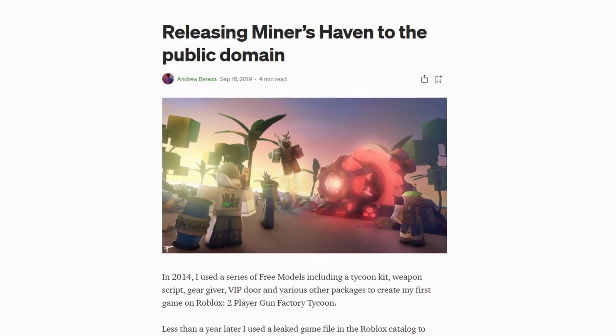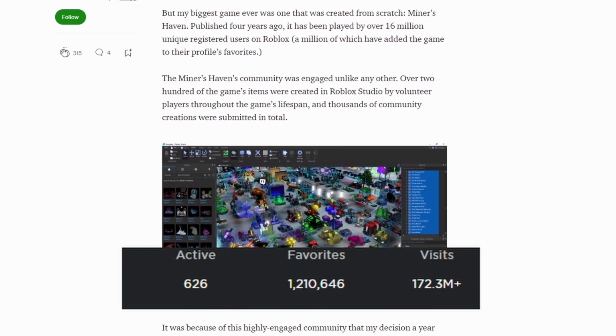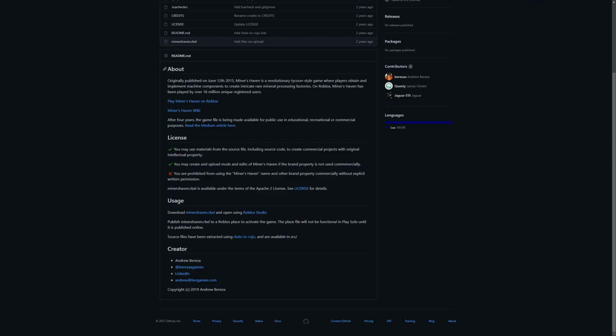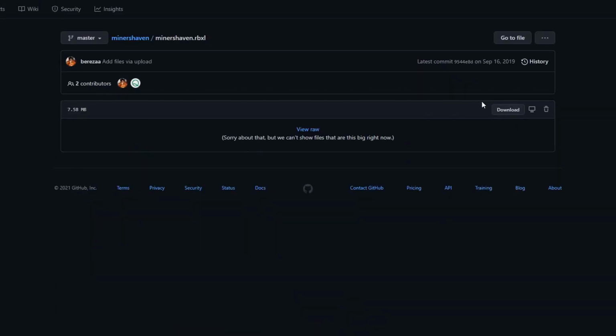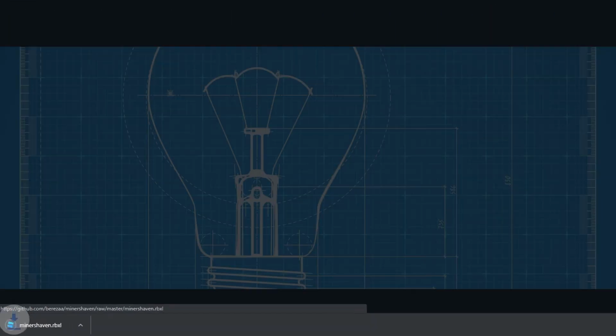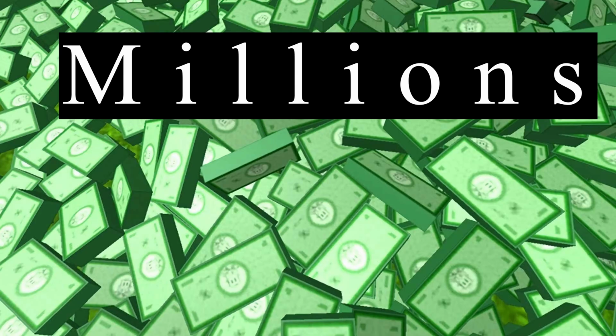Believe it or not, back in September 2019, he open sourced Miners Haven, which is a game with over 172 million visits. If you go to Bereza's GitHub, which I'll link in the description, you can download the entire game for free. This game is a complete blueprint to success. I'm going to show you exactly how you can use this free game in order to make millions of Robux,